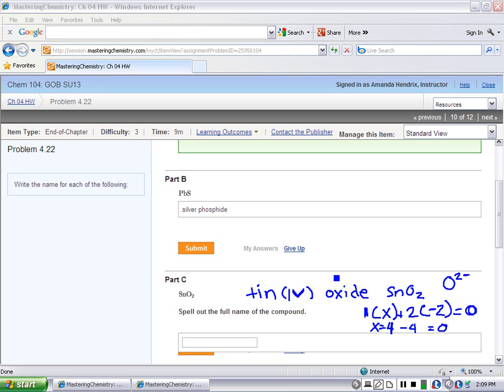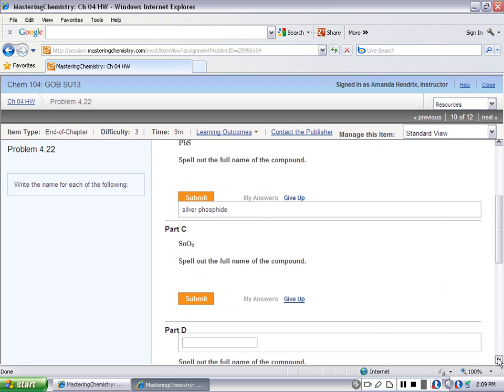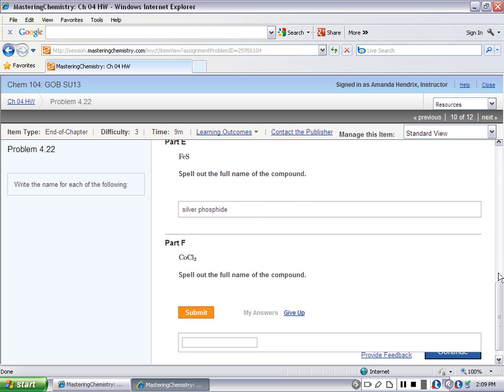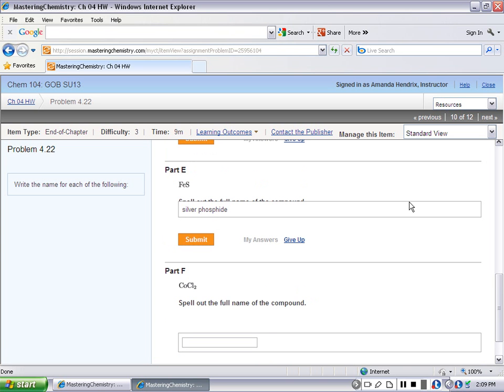Okay, if we go on down to E, I believe, let me get my mouse back here. We have a transition metal. It's the first thing we want to notice. And so we know we're going to have to use a Roman numeral. Actually, I want to go down to this one here. Okay, so we have cobalt,